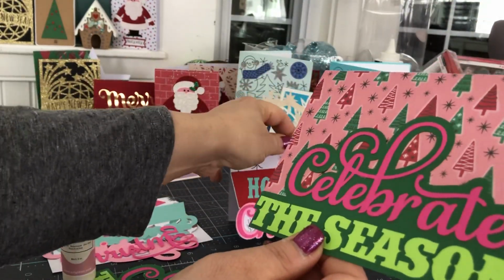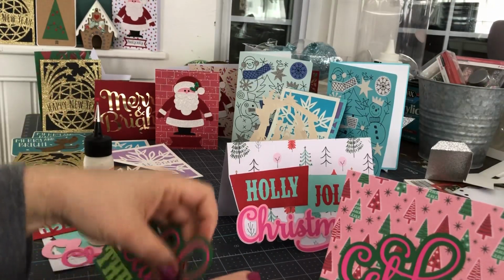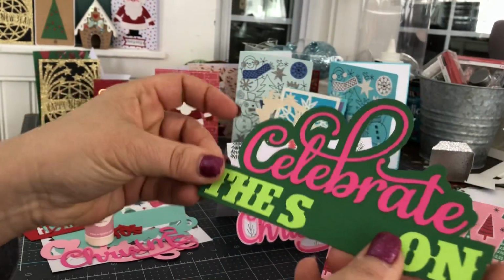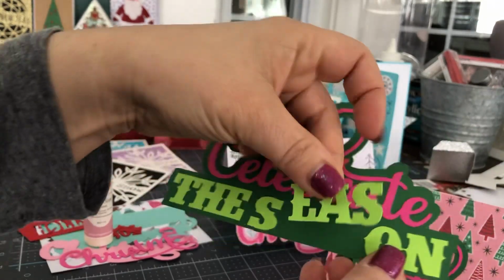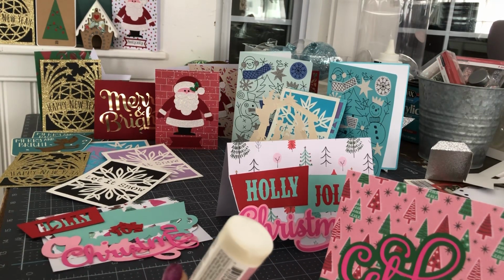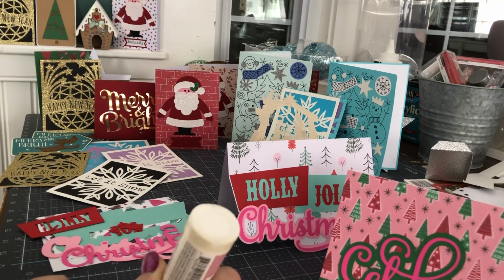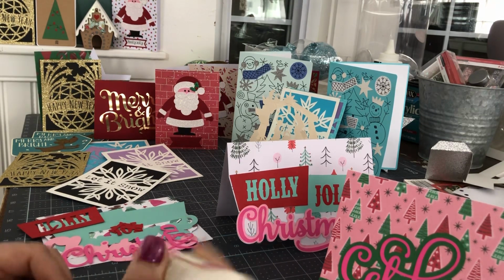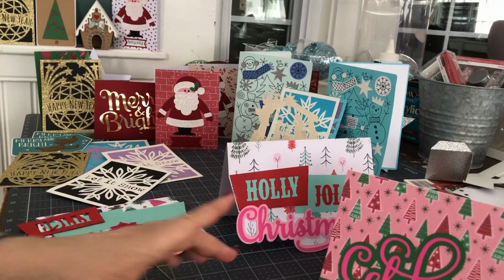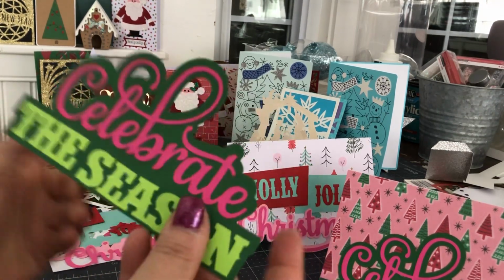So let me show you how quickly these go together. Basically, it's just a base, you see, and you build the piece that gets attached to the base. Now, there are some smallish pieces. I'm going to try to get this in camera this time, but there are some smallish pieces, which I know can be a little challenging for some, and that's okay. There are a few other projects in this grouping that don't require these smaller piecing things. I don't necessarily have a hard time with the glue so much as I have a hard time with lining it up correctly. But what you're going to do is do the best you can, and you create this